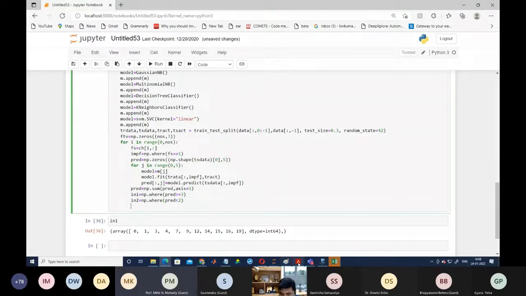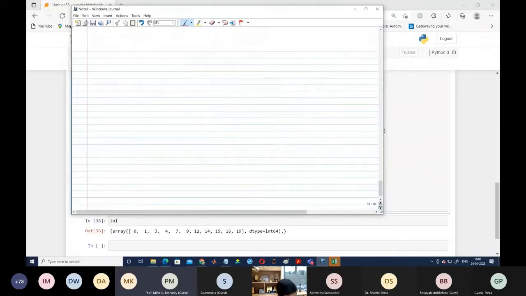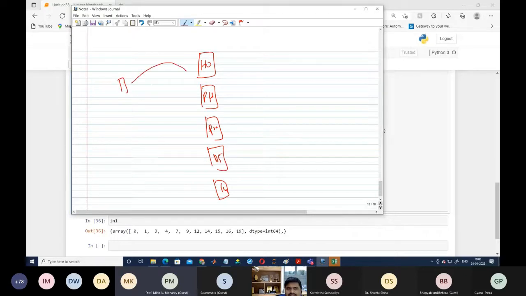Now you can see the simple approach. Assume that we are using 5 different models. This is the HOD of the department, the placement head of the department, a professor of the department, an assistant professor of the department, and a 4th year student of the department. The student comes with the resume and asks, sir, can we get a job in a dream company or not? And they interact with all the models. They check the resume, and after that they suggest whether we will get the dream job or not.